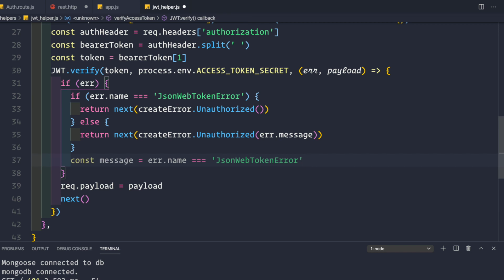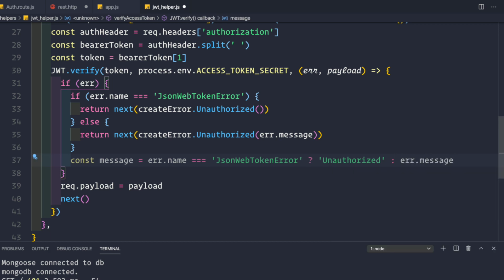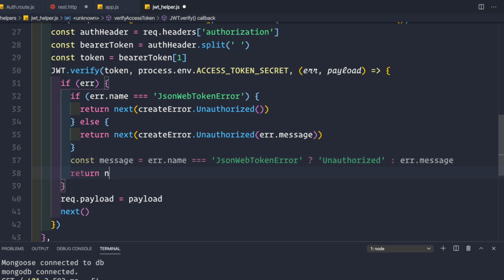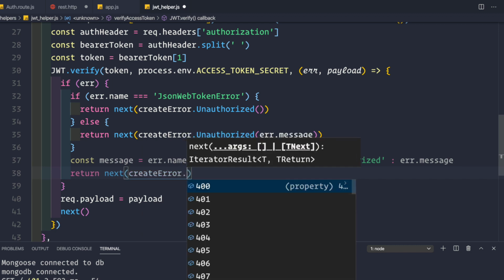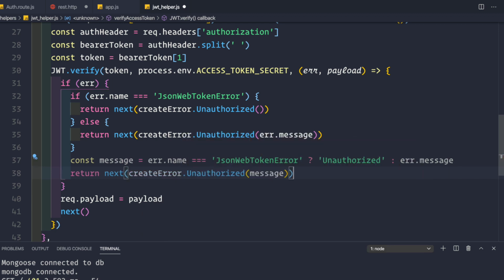Then the message would be nothing, an empty message, or simply the unauthorized message here, or else the message would contain the actual error message, error.message. And then we can simply return next and create the error, createError.Unauthorized, and pass in the message like this.